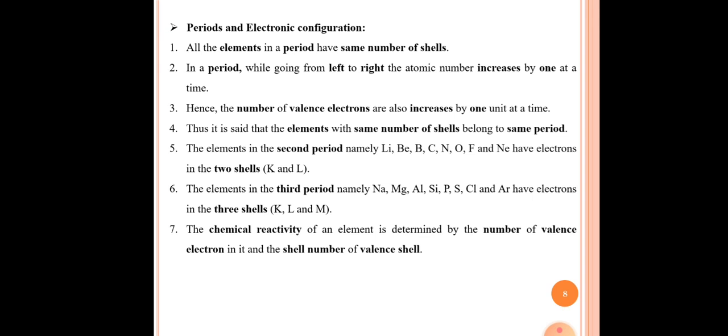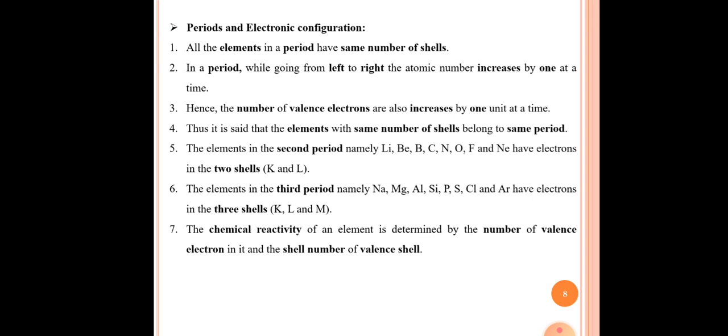The fifth point here is, the elements in the second period like lithium, beryllium, boron, carbon, nitrogen, oxygen, fluorine and neon have electrons in two shells, that is K and L. Okay, so the elements like lithium, beryllium, boron, carbon, nitrogen, oxygen, fluorine and neon belong to period 2. Okay, so these elements belong to the second period, that's why they have two shells. All these elements have two shells or two orbits in their atoms,